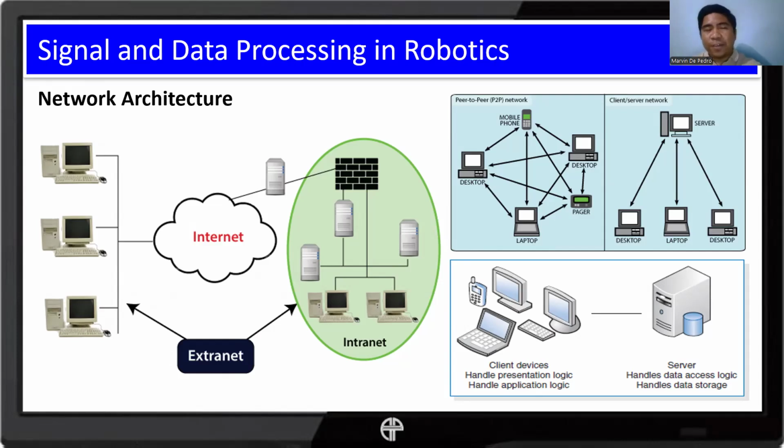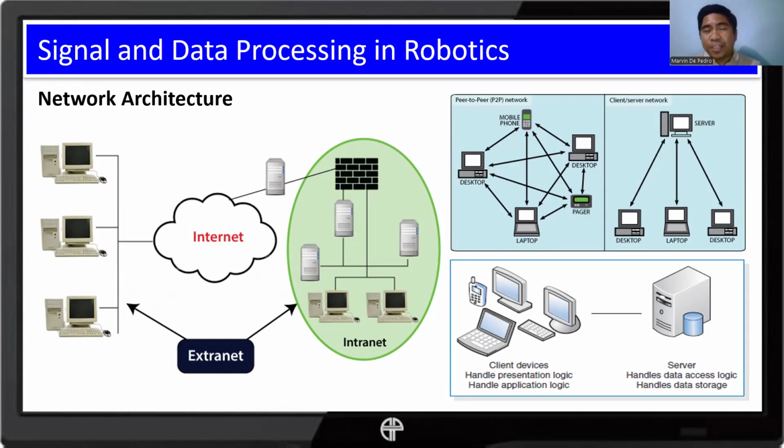We can choose to have either intranet, internet, or extranet. First we have the intranet, especially if you want to have exclusive access only on the resources. If you want robot A to communicate with robot B and robot C and everything else without going to the internet or any public links.